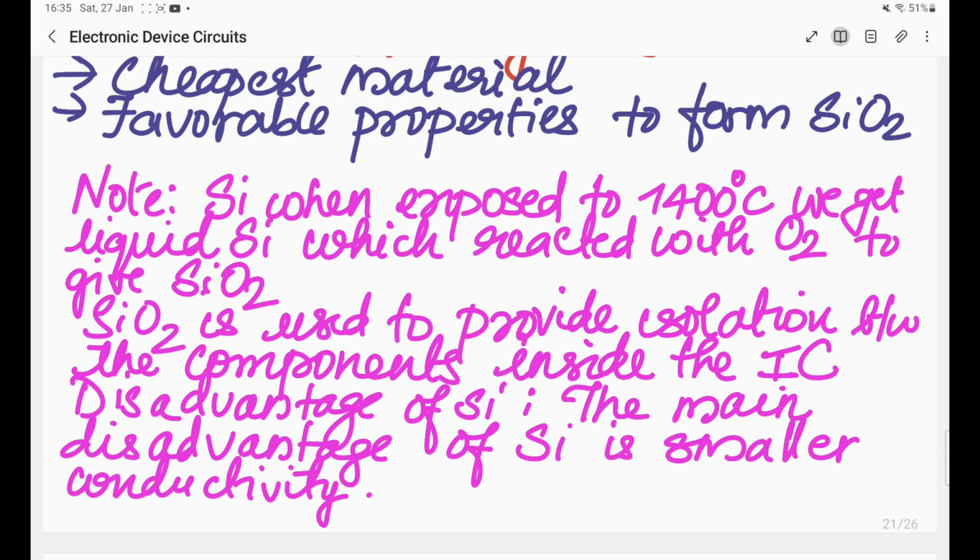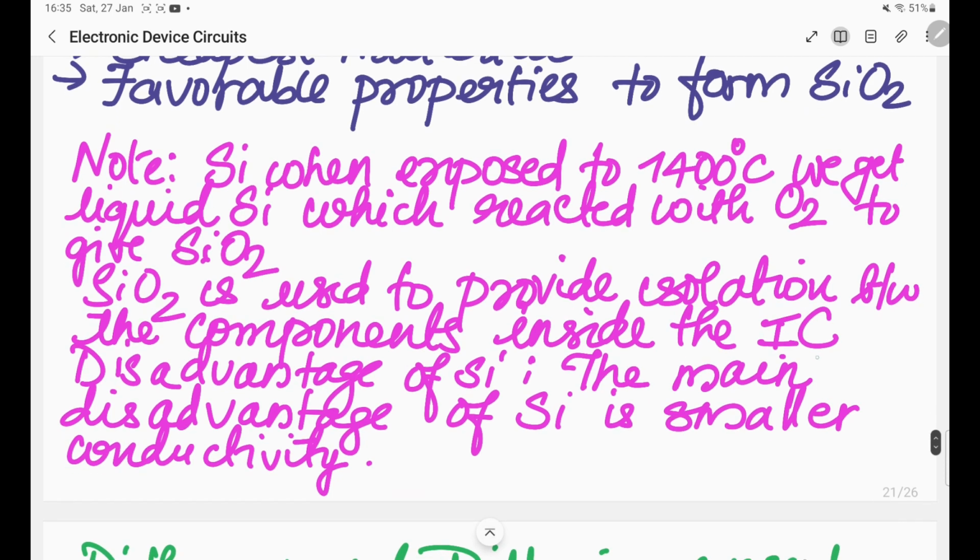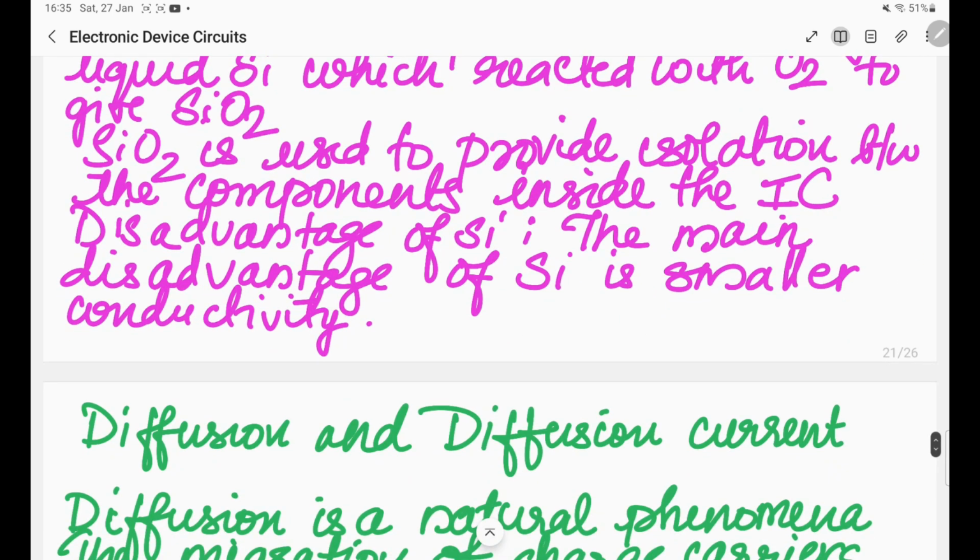And there is some disadvantage of silicon too. What is that? The major disadvantage of silicon is its smaller conductivity. Okay, with this topic, we are coming to the end of this section, and in the next section, we'll deal with the diffusion current